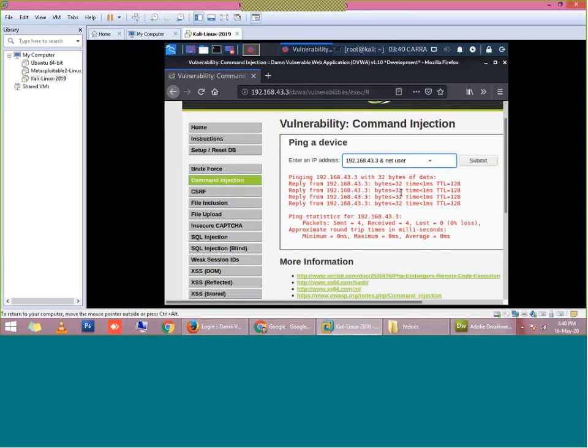If you go to your command prompt in Windows and type net user, it will show you all the users existing on your computer. So sitting remotely as an attacker, I want to know what user accounts exist on this victim machine. I will write the victim IP address here and then net user. Then I will submit.